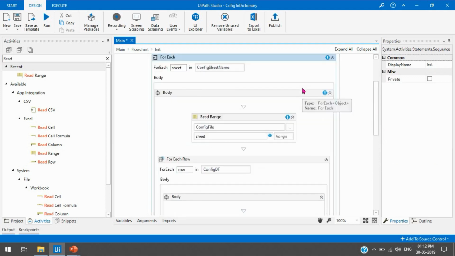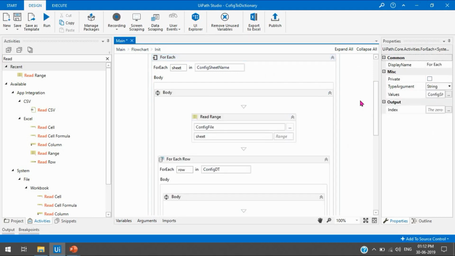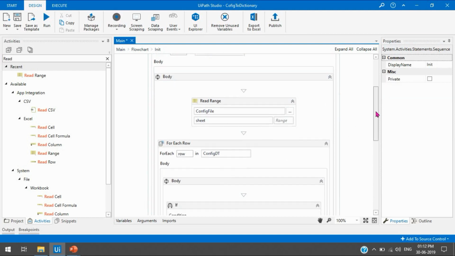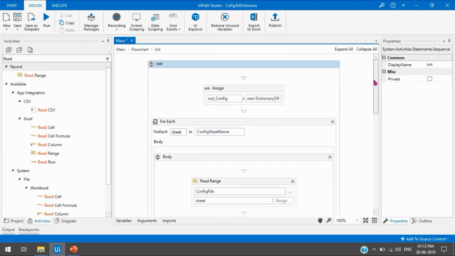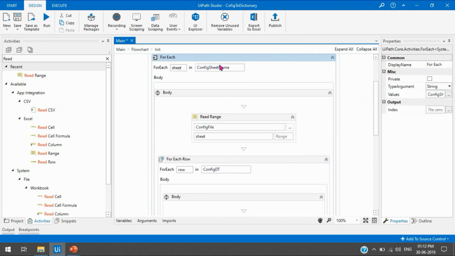And we are still getting a validation message, so for that click here in the for each and change the type from object to string. Now we are not getting any validation message. So what will happen: first we have created the dictionary, and then it will iterate over the sheets, reading the sheet name from the config sheet variable.